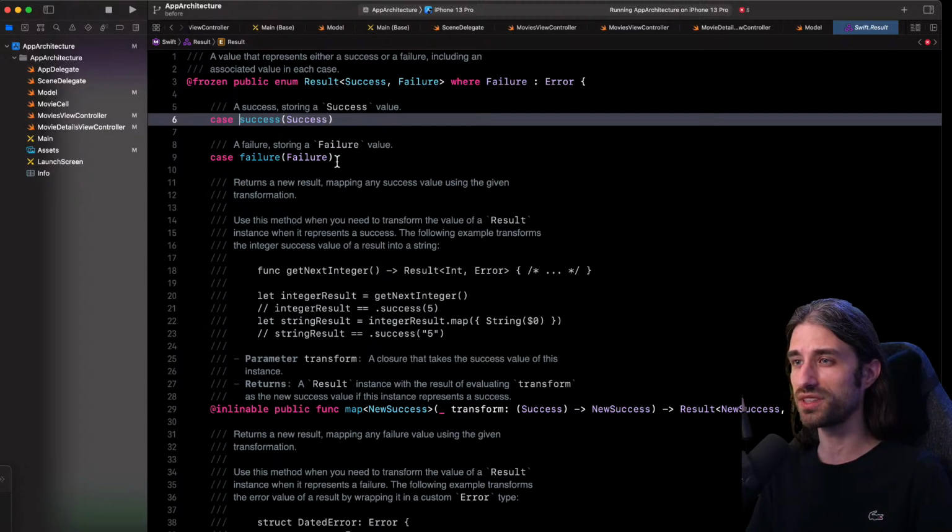The reason I wanted to show you this is that if you're not familiar with the Result type, it's actually a super interesting trick, and it's something that you can apply. This principle of using enums with associated values is very simple but, as we've just seen, very powerful. And just to give you the name, if you want to learn more about it, this technique of using an enum with mutually exclusive cases, each case having one or more associated values, is called an algebraic data type. And if you want to learn more, I'm sure I already have a video on the topic on my channel.